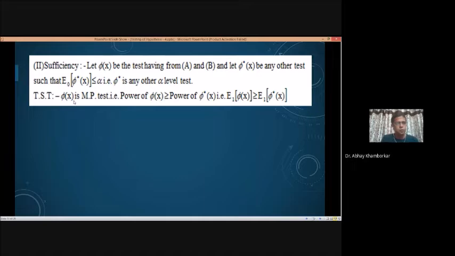So that is what we wanted to show, that is power of phi of x greater than or equal to power of phi star x. अगर हम इस तरह से प्रूव कर सके, that is expectation of phi of x under H1 greater than or equal to expectation of phi star x under H1, then we can say that phi is having maximum power among all alpha level tests. That means phi of x is most powerful test. इस तरह से हम लोग प्रूव करने की कोशिश करेंगे. ओके,